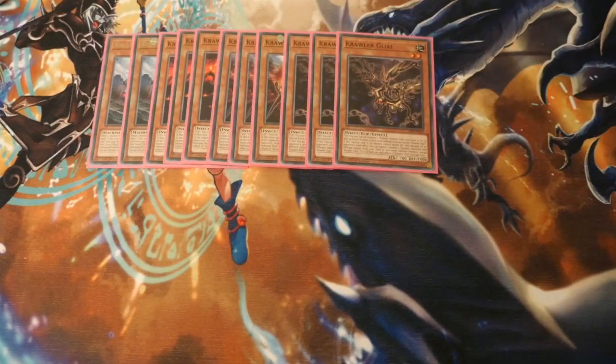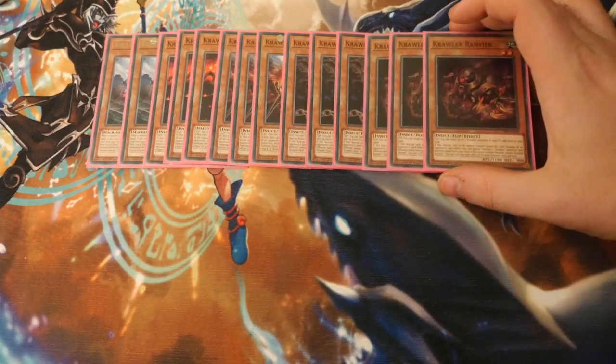Triple Crawler Gale. Flip, you special summon one crawler monster from your hand or graveyard in face-up attack position or face-down defense position, except itself. If this face-up card in its owner's control leaves the field because of an opponent's card effect, you can special summon two crawler monsters with different names from your deck. And then we play triple Crawler